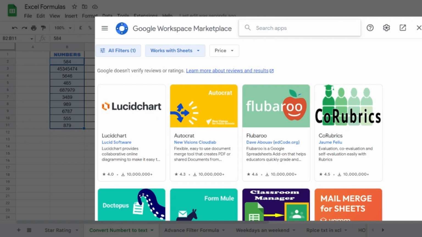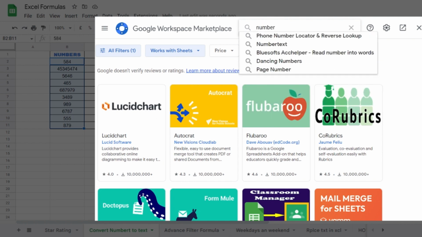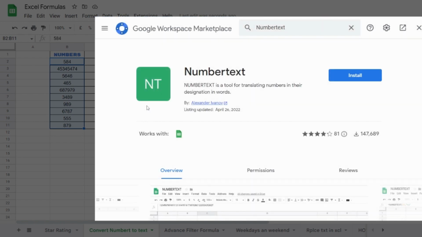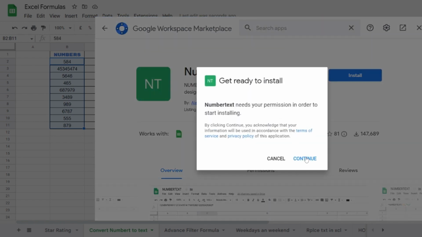Here you can type number text. The second one is number text. You can click on it. Now you can see this option. You can click on it. Now you'll get the number text option. You can install this in your system. Click on continue,